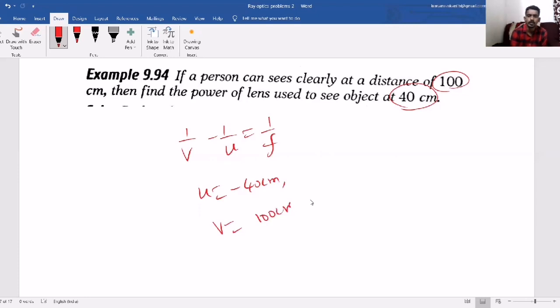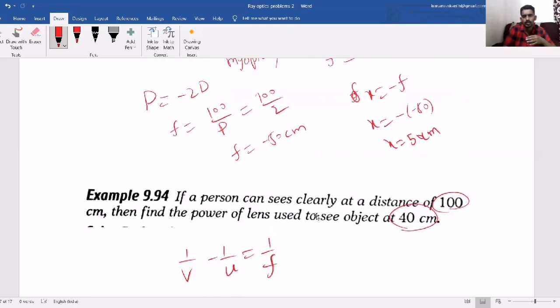Now the image should be shifted to 100 centimeter, so what value you have to find out? Focal length or power, directly they are asking. Once you find the focal length, then you will get the power. This way you can solve a lot of questions. As many questions as possible, just try to solve and try to understand. This is how you have to deal with mainly optical instruments, and the most important part is the lens. What are all the types of questions usually they ask in the entrance, especially at CET and NEET level, in the case of convex lens or concave lens?